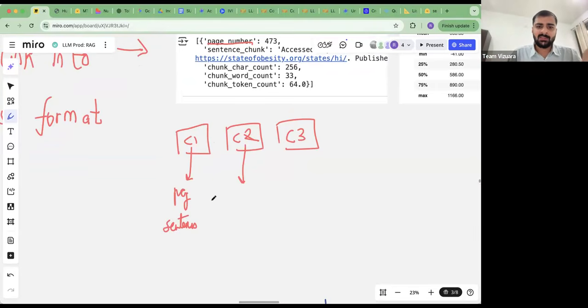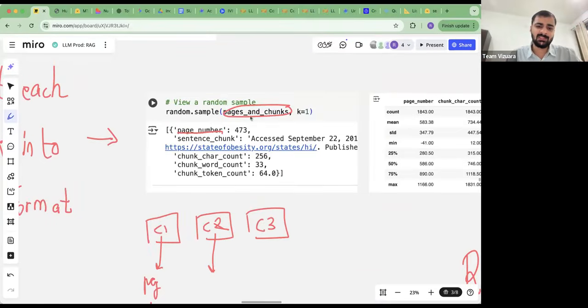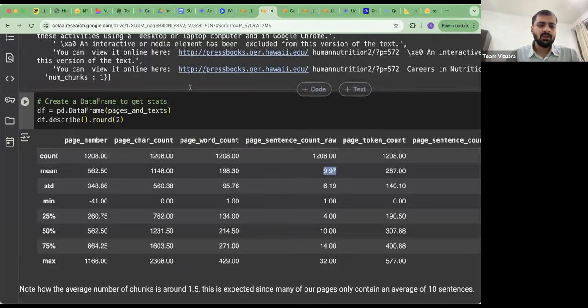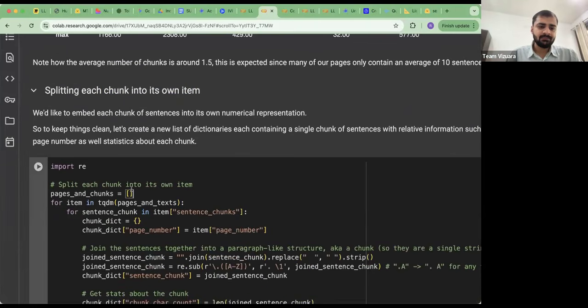So what I'm doing right now is that this pages and text list which was there, now I'm having this pages and chunks list. So you can think of it as each element now corresponds to every chunk. So if you look at the fifth element of this list, it will be the fifth chunk. It will give me the page number on which this chunk appears. It will give me all the sentences, all the 10 sentences in that chunk, for example. So this is called splitting each chunk into its own item. So just run this and